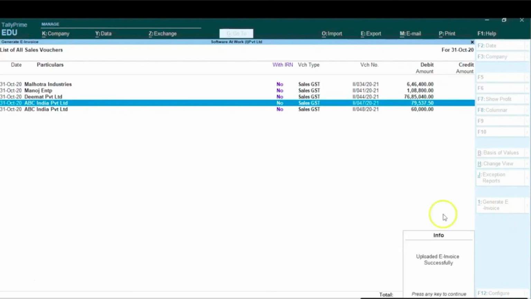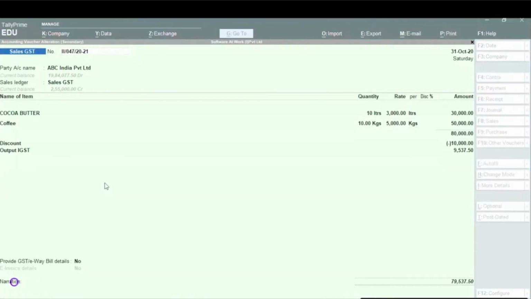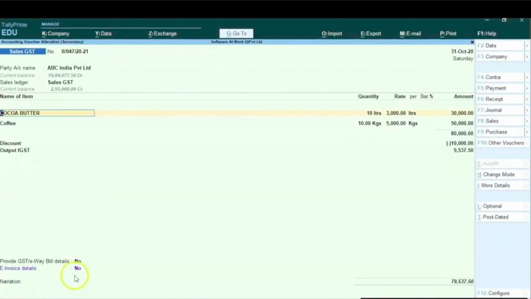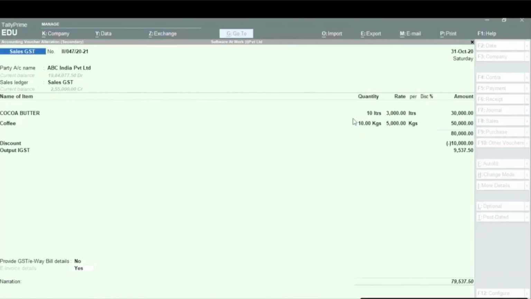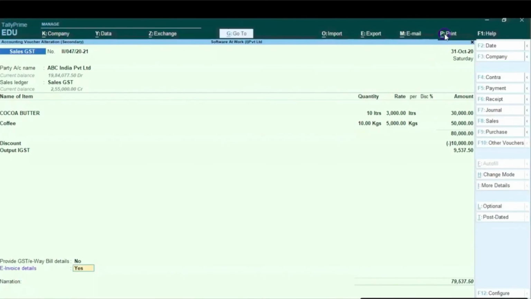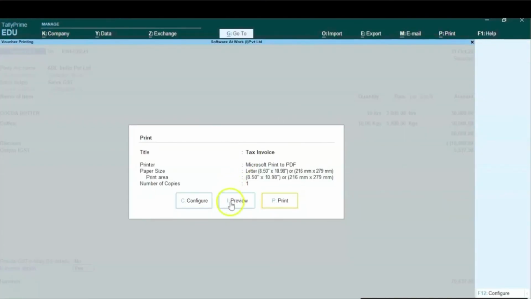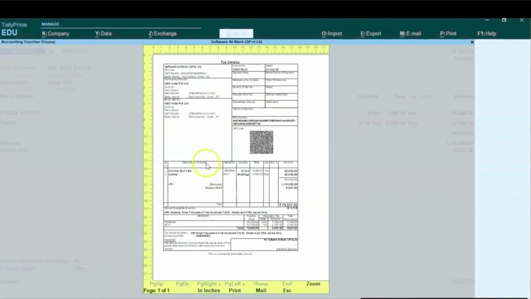An e-invoice generation message will appear. Details of the IRN and QR code shall be made available as seen on the screen. Go to print invoice, preview. The invoice with IRN and QR code shall be available.